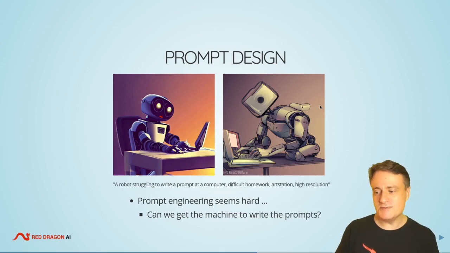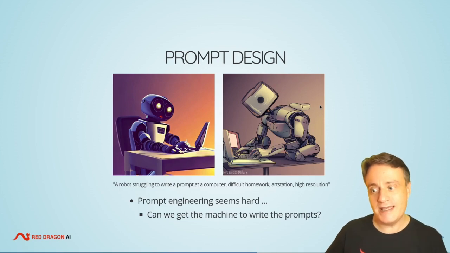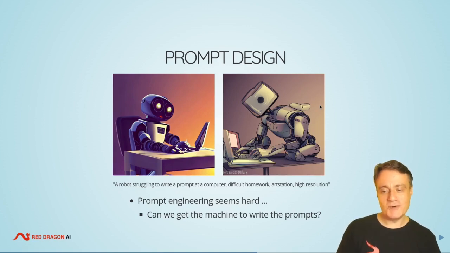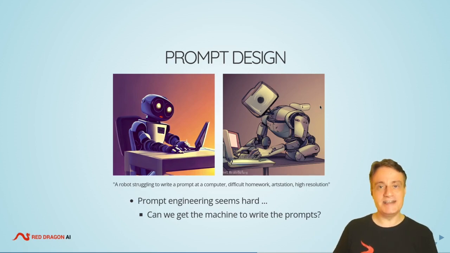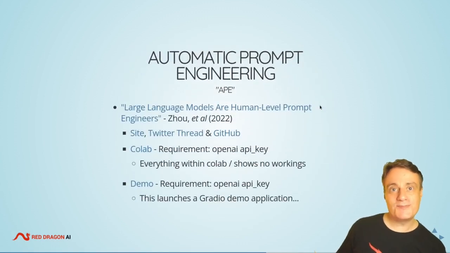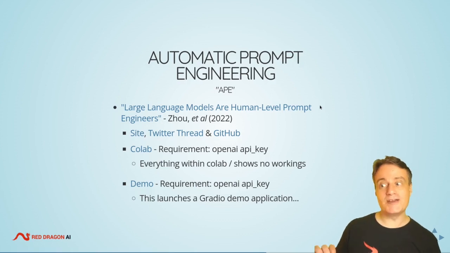This is an interesting, recent piece of work, saying, well, maybe rather than hand engineering these prompts, which seems like a weird thing to be doing, maybe the computers could find the prompts for themselves. So the pictures here are a robot struggling to write a prompt at a computer. Basically, it's trying to capture the idea that a robot is trying to essentially program itself.